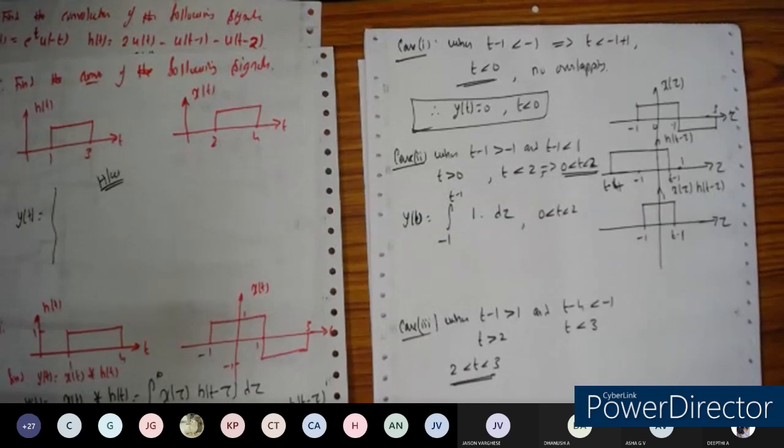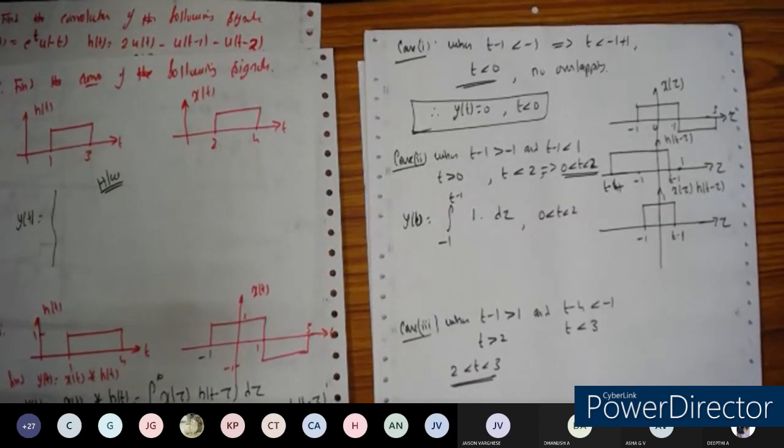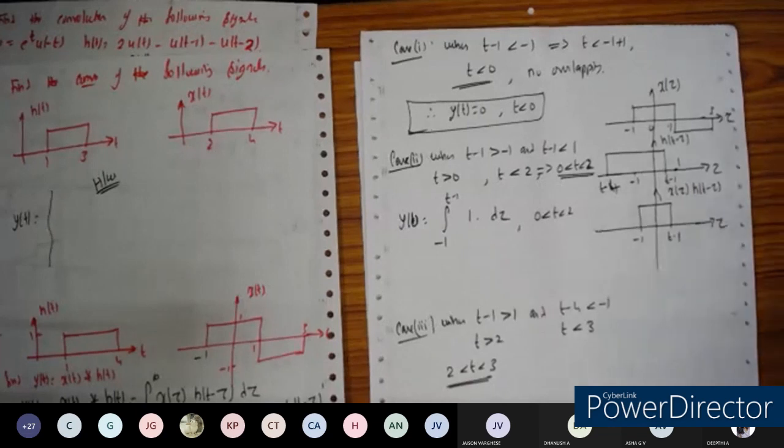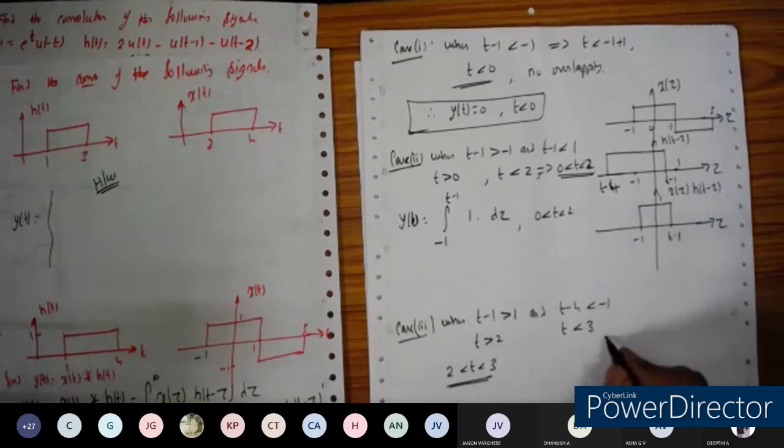Don't simply carry all the doubts, because this is 20 marks. Easily, you can score the 20 marks. If you know how to shift the waveforms, then take the product. It is very simple. If you know the concept, you'll really enjoy the problem. Otherwise, it is difficult to digest, like Greek and Latin.